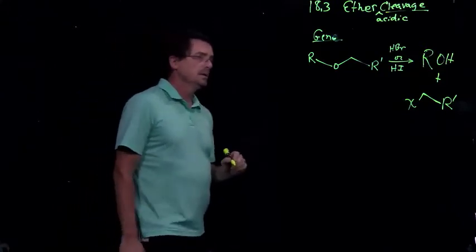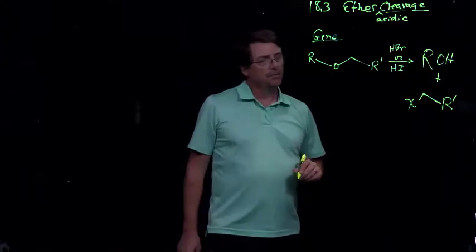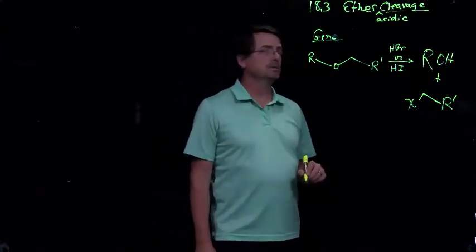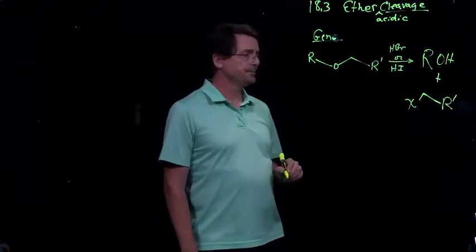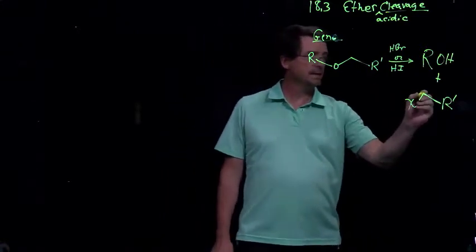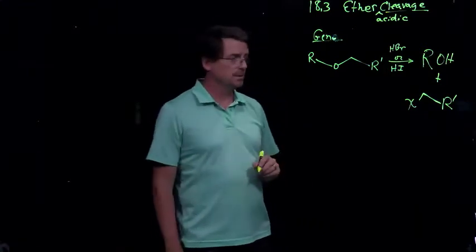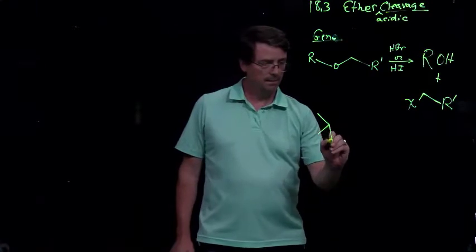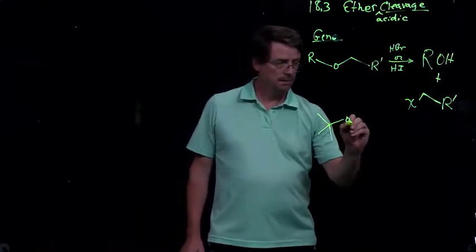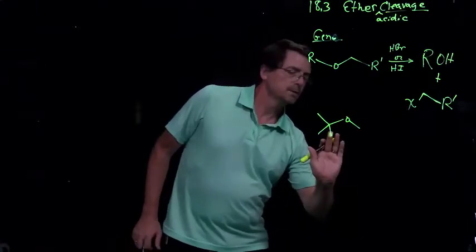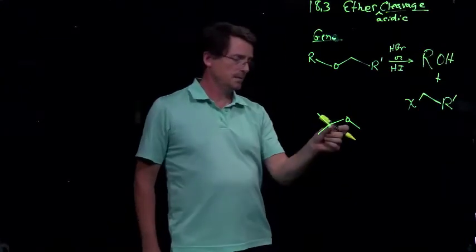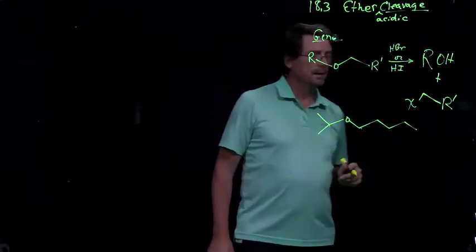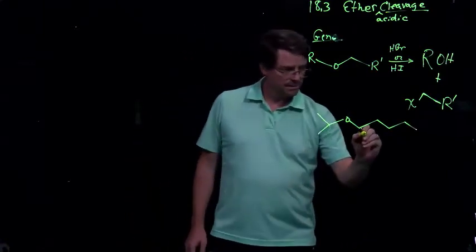Now, there are a couple of limitations here. First, because the second step is an SN2, nucleophilic substitution reaction, bimolecular example, the halide always ends up at the least substituted carbon. So if we had just a secondary, if we had isopropyl ether here, we treat this with